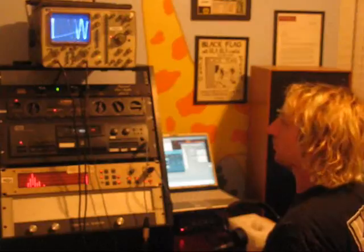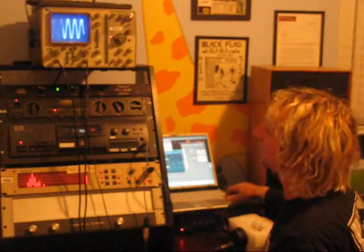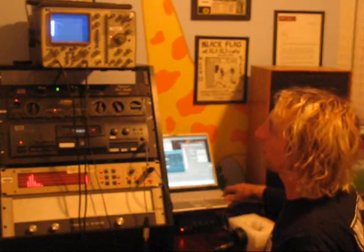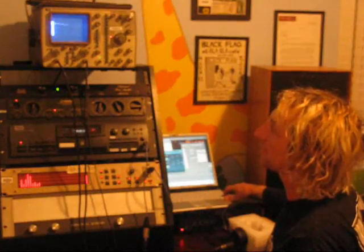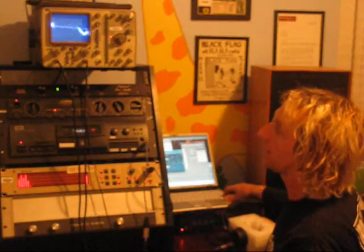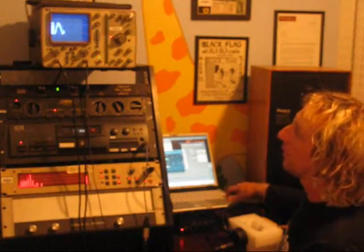So it's looking pretty good, a nice sine wave. Now let's go ahead and drop it on down. And we're losing level. We lost about a volt going down to 90. Lost another almost a half a volt at 80, 70, 60, 50, 40, 30, and 20 cycles. Not looking that great, but